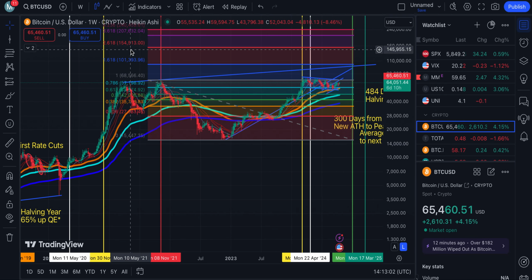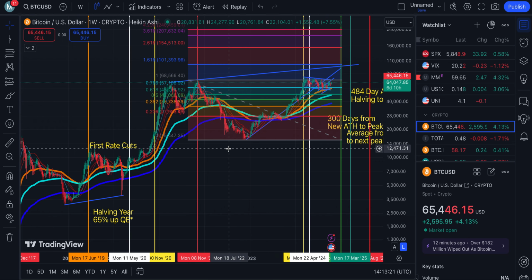155K. Again, there's lots of people saying Bitcoin's going to 500K, a million. Sure, maybe many years down the road, but I just don't think yet, in my opinion. And if I'm wrong, I'm wrong. But if we do have a 4-year cycle top next year, I'm going to be eyeing this 100K region.